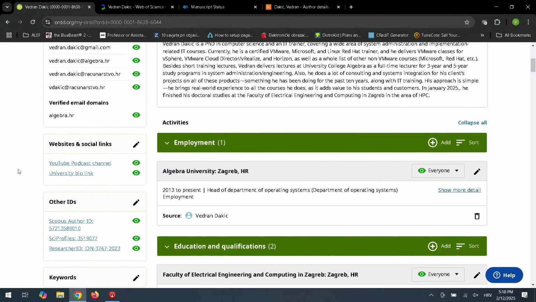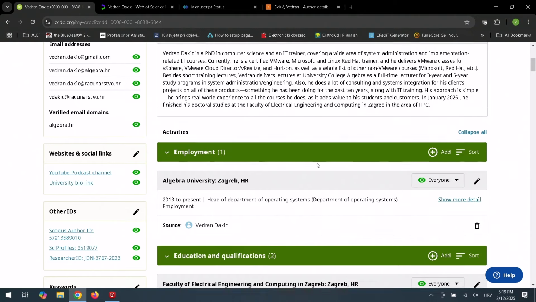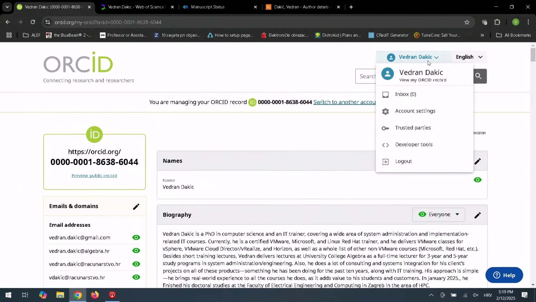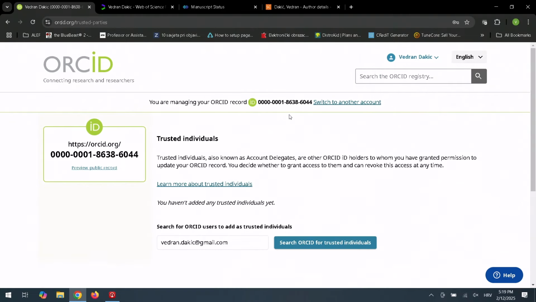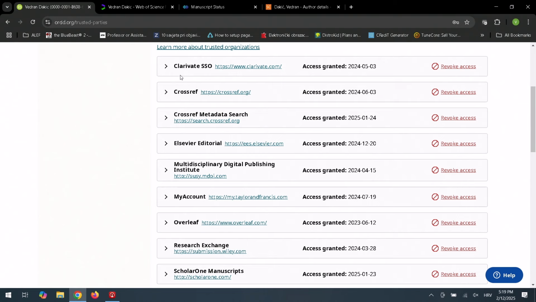This is something that I went through with all of our colleagues and assistants and you as well. So Scopus is connected here, my researcher ID from Web of Science and the science profiles and whatnot. But if I really go to my configuration for a second, in my trusted parties, which you need to configure from those parties, I'm going to talk about all of these in a second.